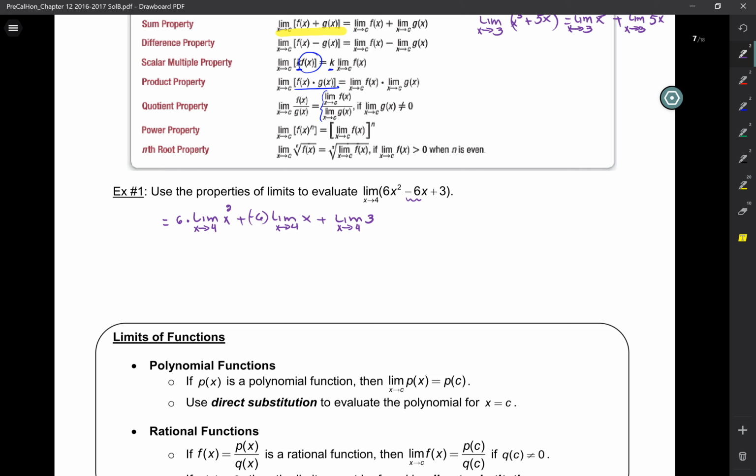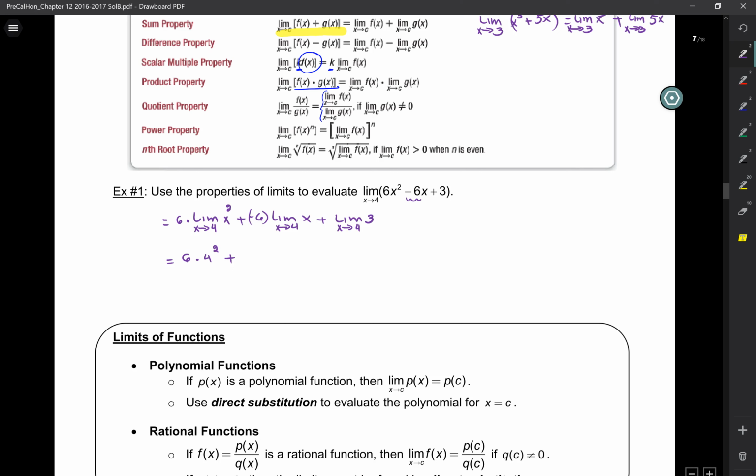Take a look at this first one. You have the limit as x approaches 4 of x squared. What does x squared look like? It's a parabola, right? So now, as x approaches 4, we know what the limit of that is. What would the limit be as x approaches 4 of x squared? Well, it would be 16. As x approaches 4, x squared would be going up to 16. So then this is 6 times 4 squared